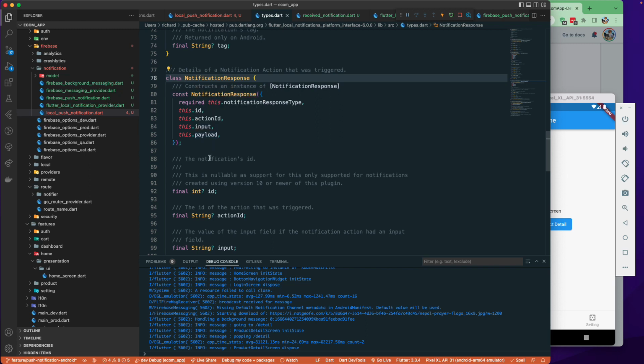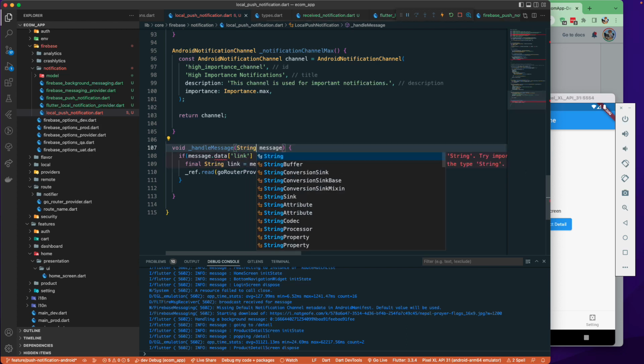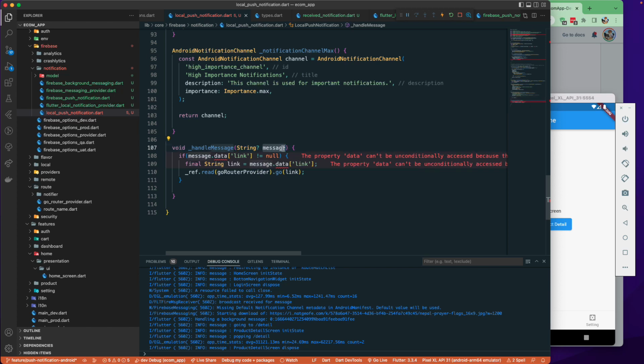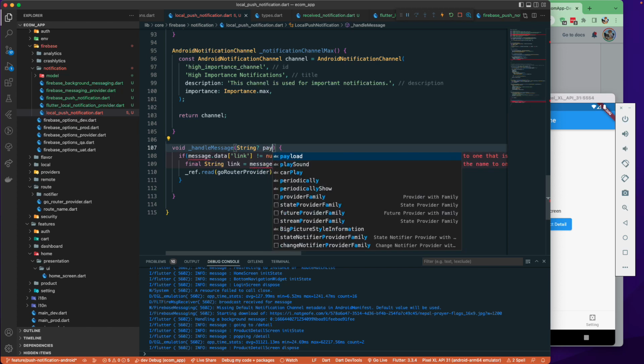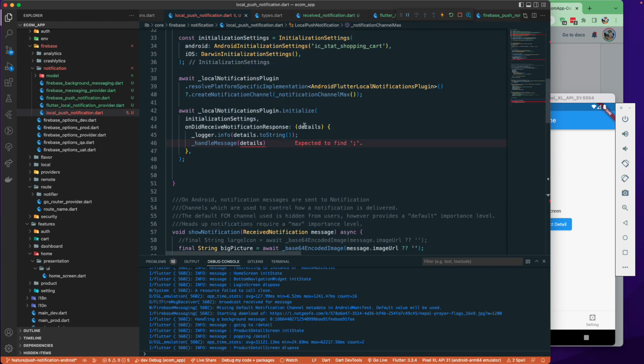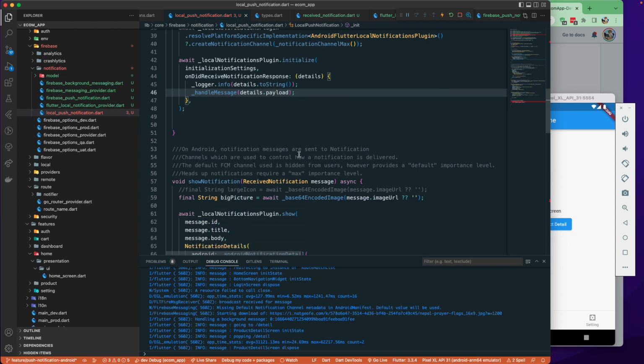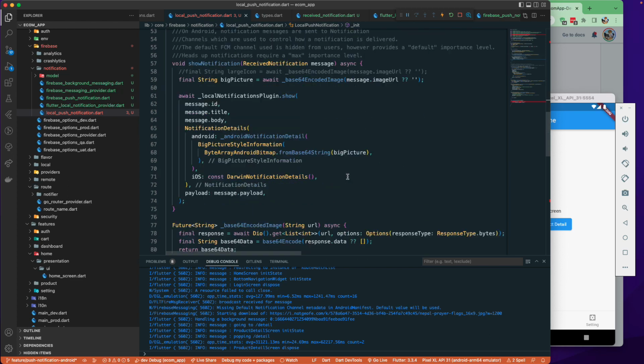So we actually need this payload. We are not interested in ID, action ID, all of that stuff. So over here I can just set the type as a string and call this one payload. So let's go to the top. From here, with these details, I have the option to pass in the payload. So payload is a type of string, right? So I can just pass that payload, and this payload will contain that particular data that we are sending from